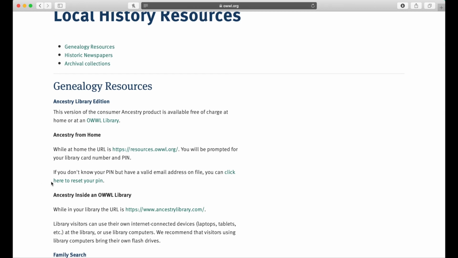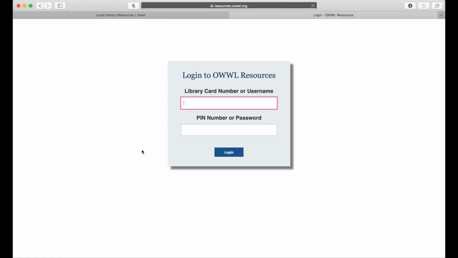If you're not sure about your PIN number, or if you're not sure if your card is expired, please contact the library via email at woodlibrary@owl.org, and someone will respond to you in regards to getting your card activated and ready to go. Or you can just click this link to reset your PIN and you can get taken care of a little bit quicker that way. We're not going to do that, so for today we're just going to click on resources,